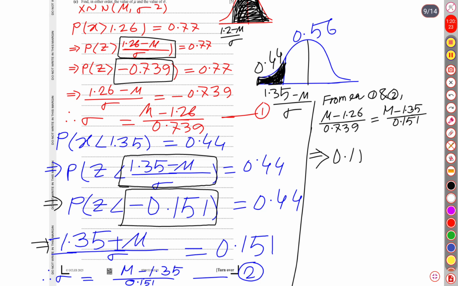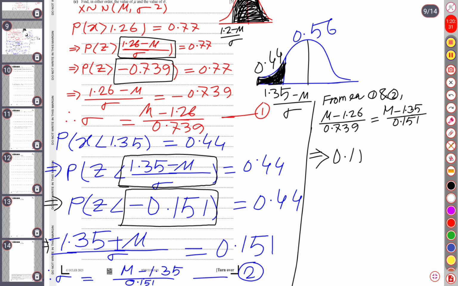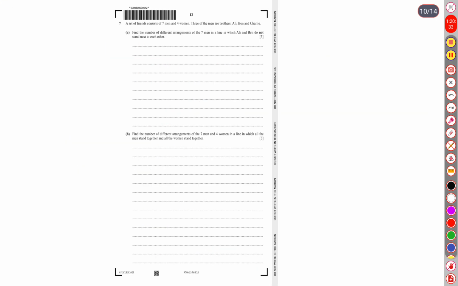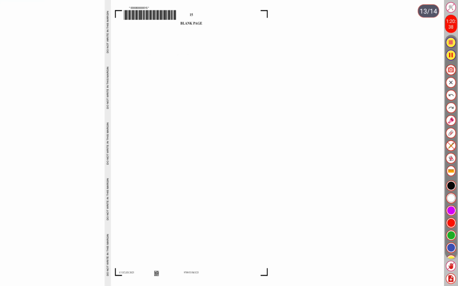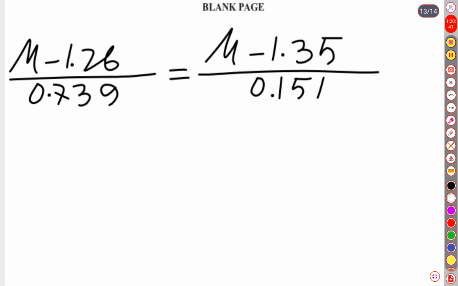I think I can write on a new page because it will take much space. There is no space over here, but here it is a new page. So our equation is, if we simplify this, it is going to be